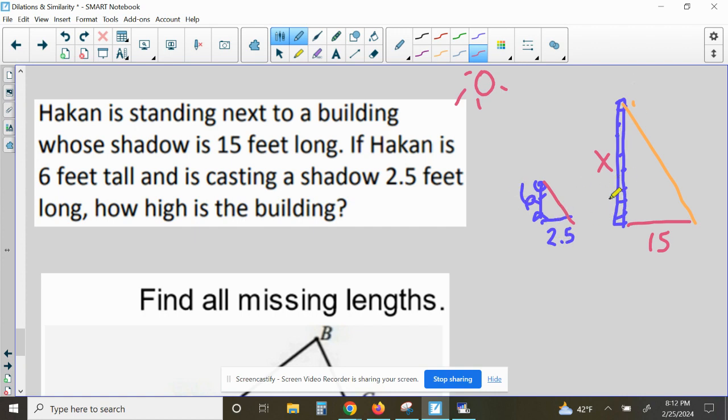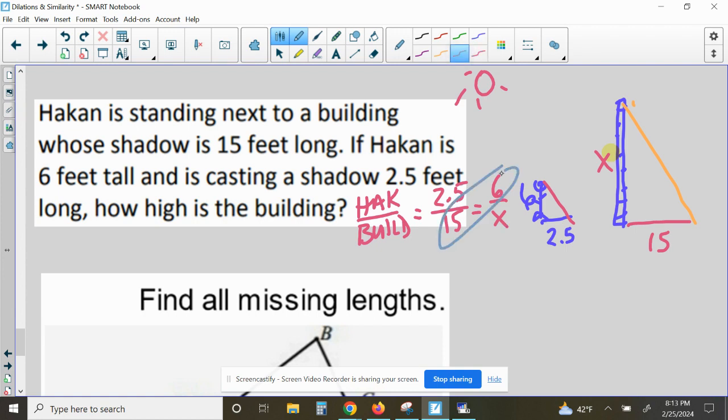So we can easily make some fractions. We could do the left triangle over the right triangle, or Hakan over the building. Okay, so Hakan's smallest side is 2.5, and that goes over the building's smallest side, which is the shadow, that's 15, equals. Then we have the height is 6, and then the height of this building, which is what we want to find, and we'll call him